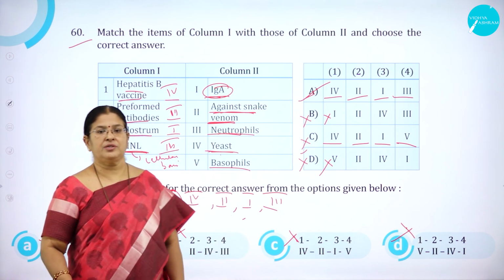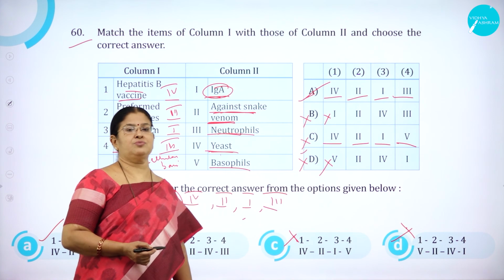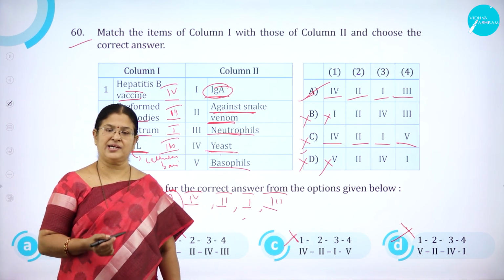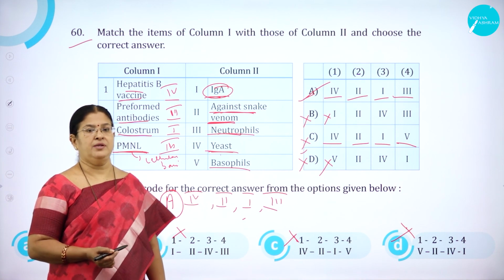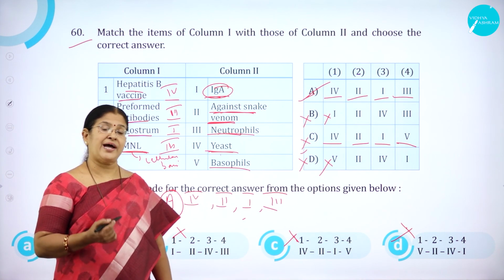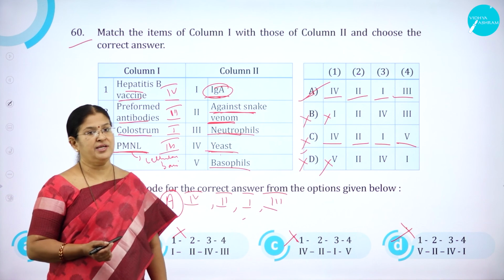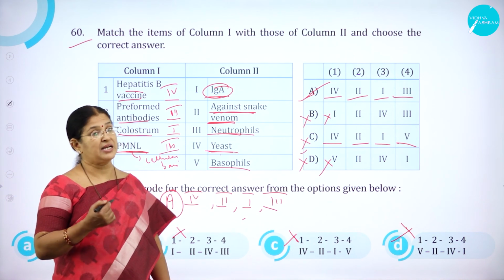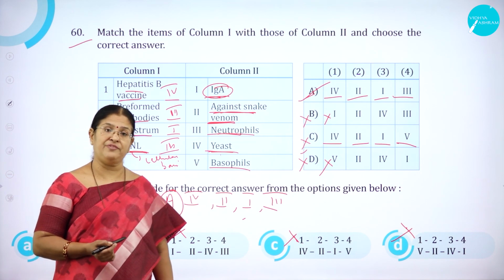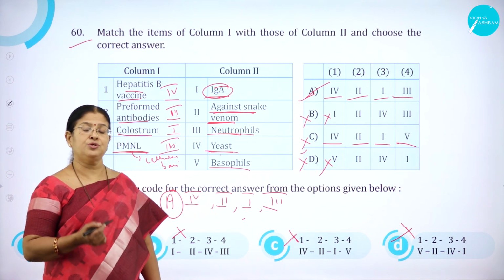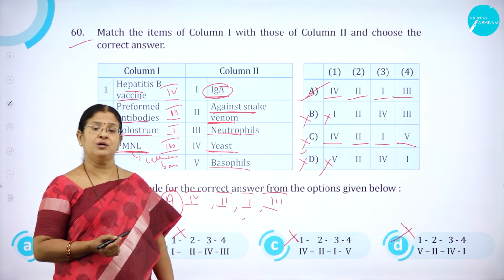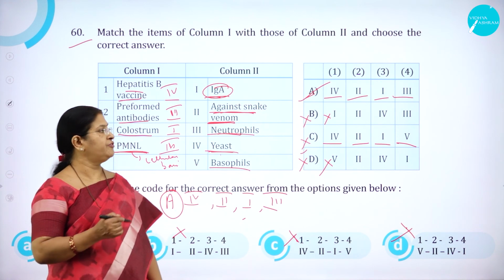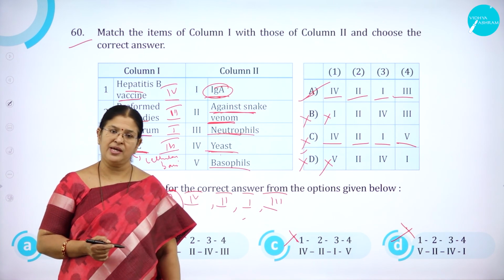Hope you have understood to some extent all the questions I have analyzed in this 2018 Karnataka CET biology paper. As I said, cracking this exam is not an easy job. The only thing is you need presence of mind, and analyzing the options is also very, very important. So you should be very thorough with the concepts. Understanding the concepts is very, very important for cracking these competitive exams.